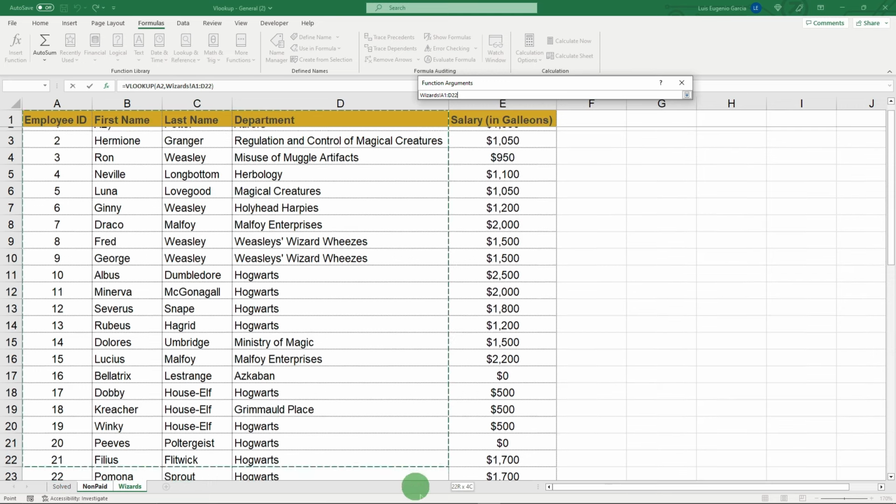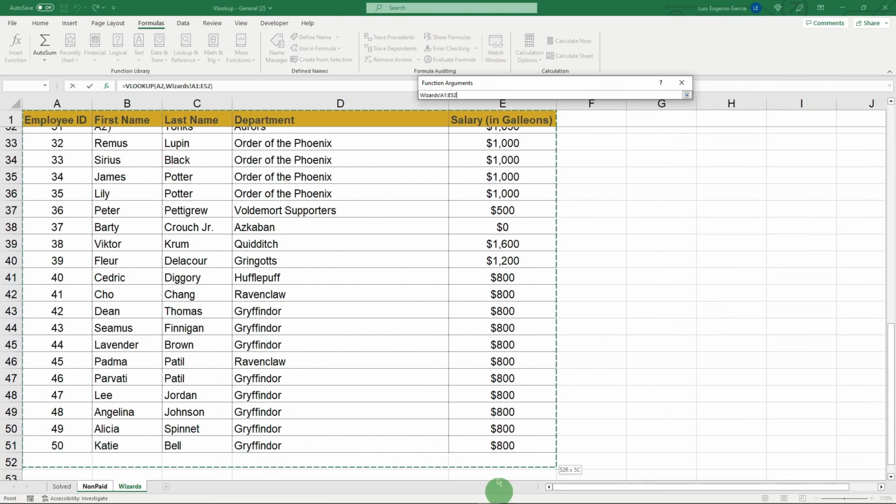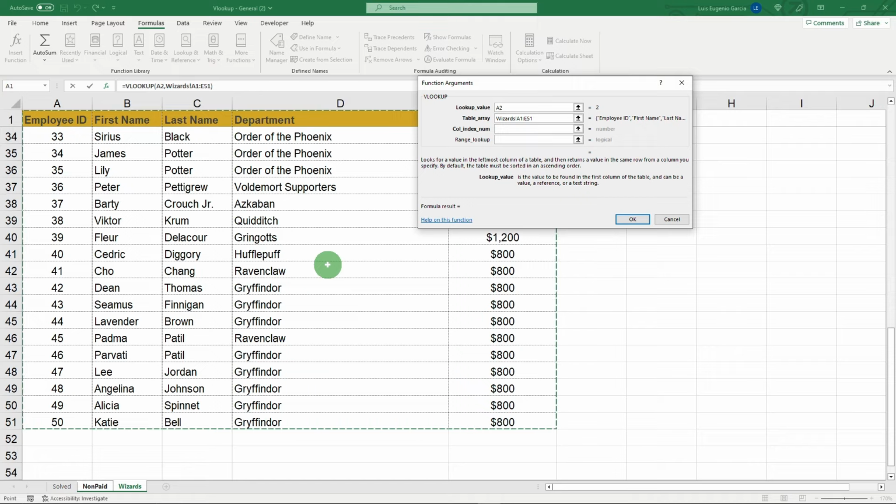Go to your database and select it all. Important detail. This range must always be an absolute reference, meaning you want it to be fixed. And why? Because if you don't fix it, the entire range will be dragged down one cell and the first value in the table will be ignored when you drag your formula down one spot. To avoid this, you can simply fix the range by pressing F4.